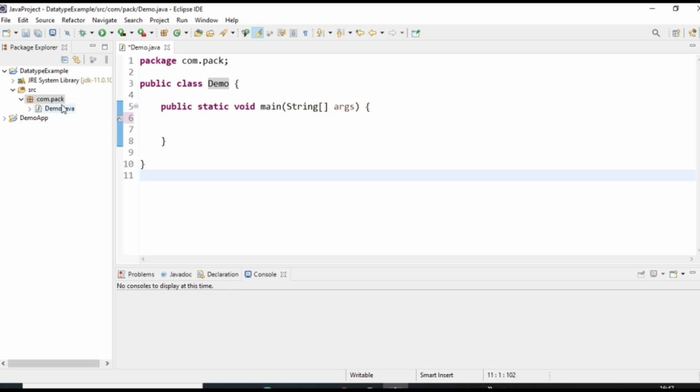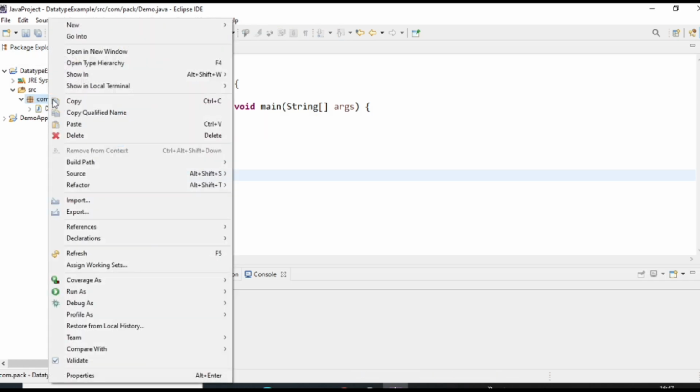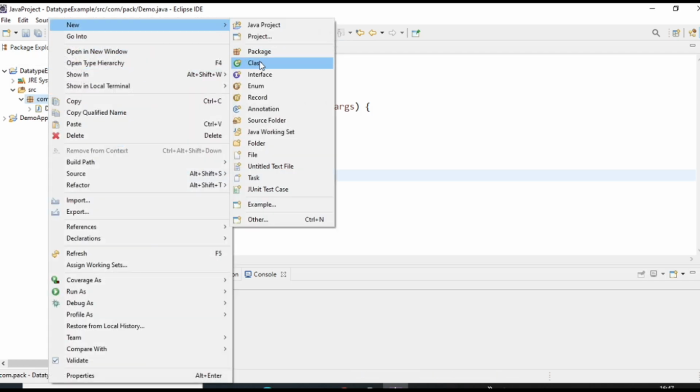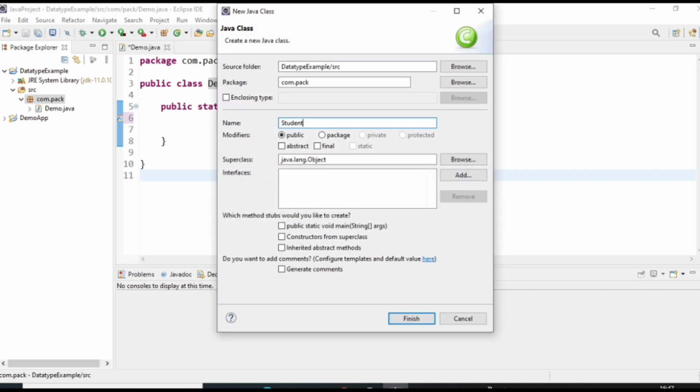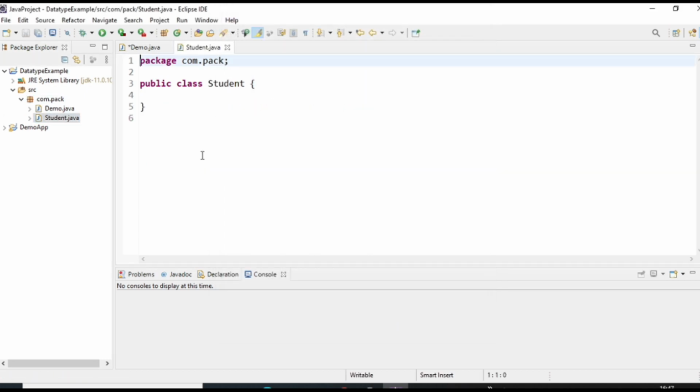Now I will create one more class, that is a student class. Now I will write our logic inside the class. So I will take a variable, string name equal to Rakesh.